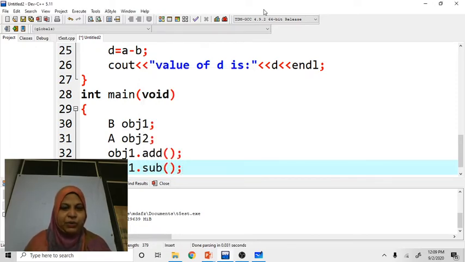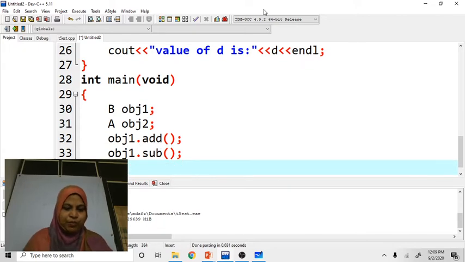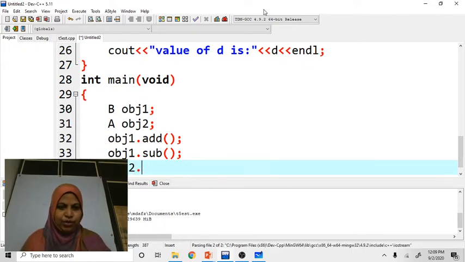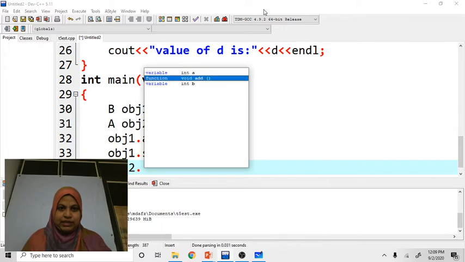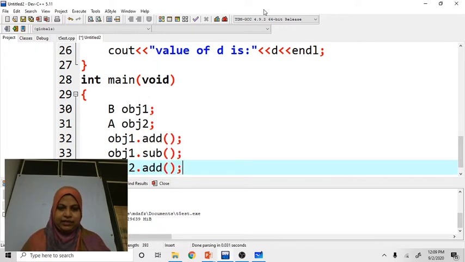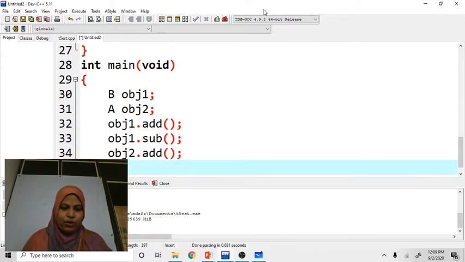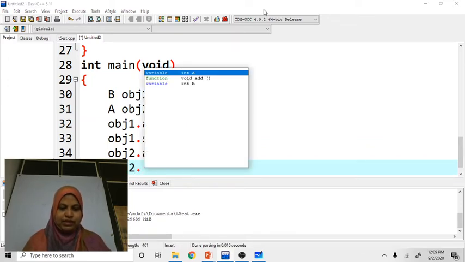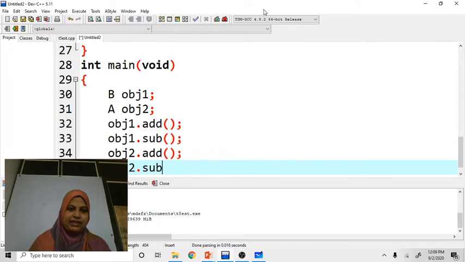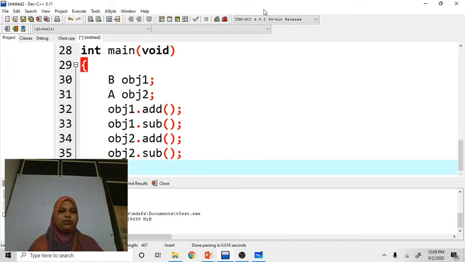Now one more thing, see here, obj2 dot add, obj2 dot sub. Is it possible to access the sub function by using object 2? No. So first we will run the program. What type of error we are going to get here, we will check, right?